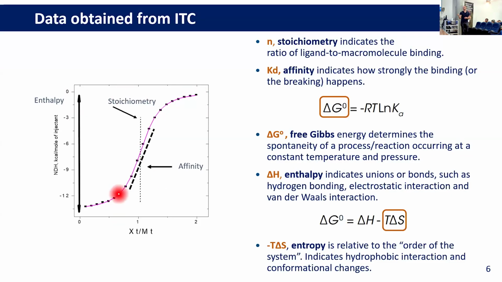An enthalpy that contributes to the negative free Gibbs normally indicates the presence of bonds. So electrostatic bond, van der Waals, a hydrophobic bond. And if we know the delta Gibbs and the enthalpy, we can calculate then the entropy, right? And a contribution to the entropy in this binding normally indicates the breaking of conformational restraints, or also hydrophobic interaction, sorry, between both molecules because there is displacement of water. We'll see it more in the examples.